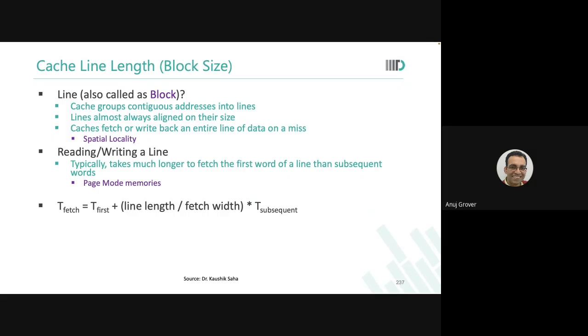So the first transfer is happening, that is one speed. Subsequent words are at a different speed, because subsequent words don't need to go inside the DRAM. They will directly operate at the controller level. Are you getting it? So that's also because of burst transfer, right?